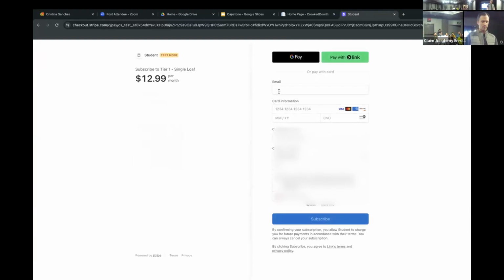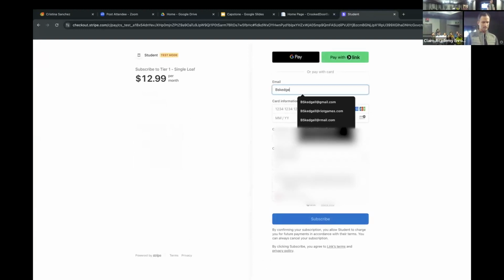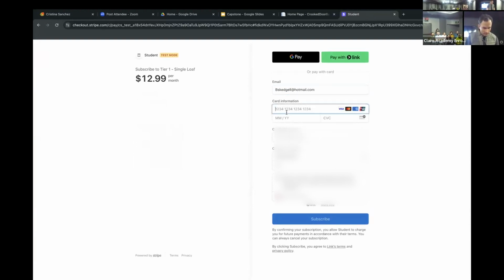So what we've got here is we're in test mode. So this hopefully isn't going to charge me. And this is our integration with the Stripe API, which will allow legitimate credit card processing. So he can truly set his bank account to be here and get paid